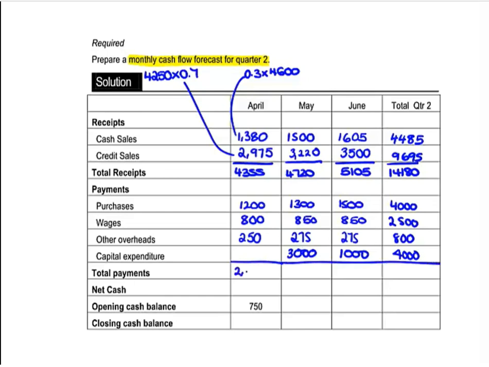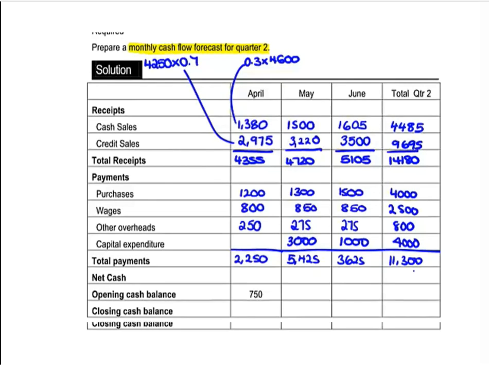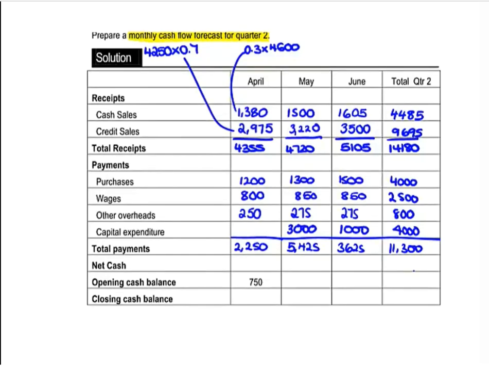So 2,250 for April, 5,425 for May, 3,625 for June, and overall 11,300. And we need those total payments and receipts for each month so we can work out the net cash